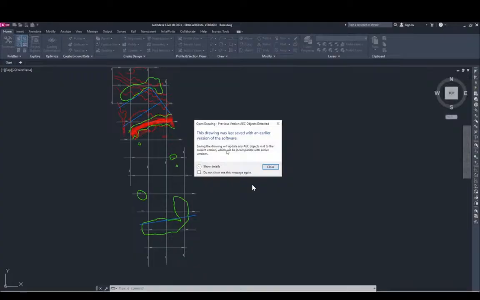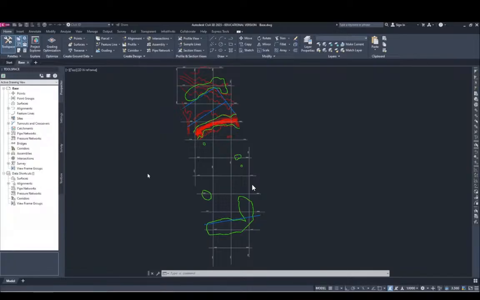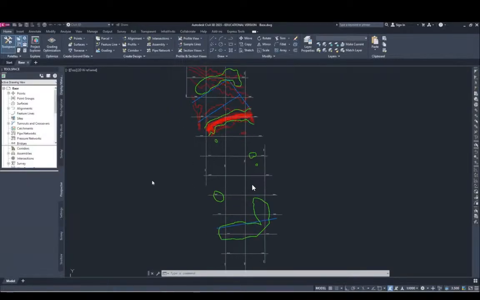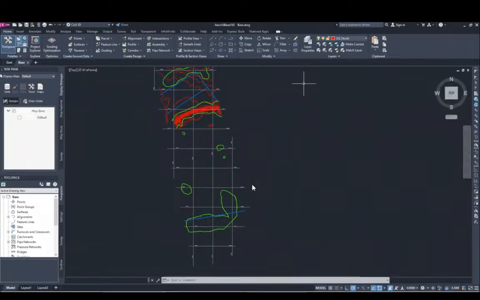The drawing was made in a previous version of AutoCAD, so once you save it, it'll update it to the most recent format. I'm just going to close that. Just going to wait for everything to open here. It's going to take a little moment. Now, I'll tell you right off the bat here,